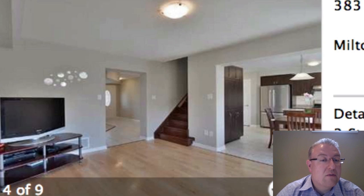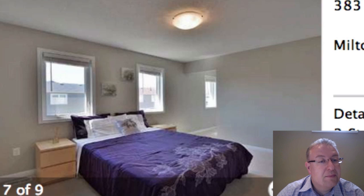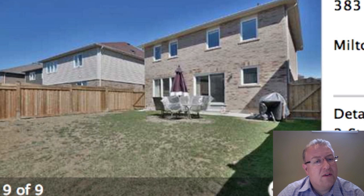You've got a front dining room, plus a family room and a kitchen here. Nice appliances. They've put the extra pantry space in. This is another model, so there's 3 bedrooms upstairs plus a den. This is another model that typically